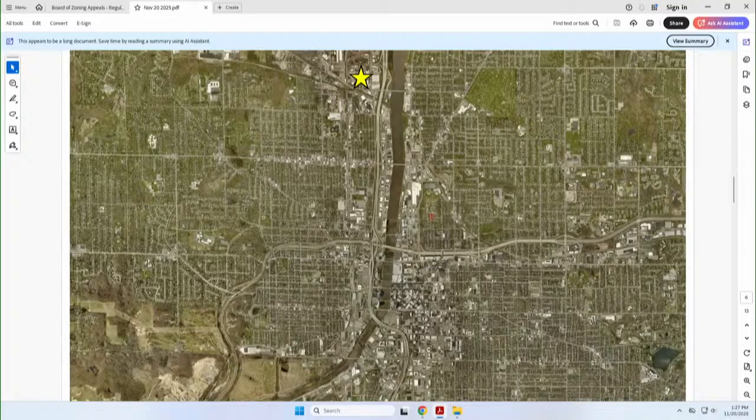Several variances are requested to facilitate the construction of a contractor's building and associated site improvements, including a dimensional variance to eliminate the required building line along Will Avenue Northwest and place the building 60 feet from the back of the curb, a dimensional variance to eliminate the required building line along Edwin Street Northwest and place the building 30 feet from the back of the curb, a dimensional variance to eliminate the requirement to access the property from the alley, a dimensional variance to approve parking in the defined front yard, a dimensional variance to allow for a parking area to exceed 50% of the lot width.